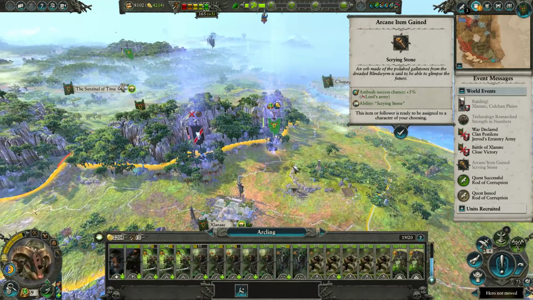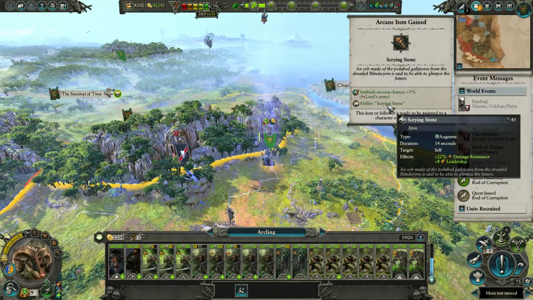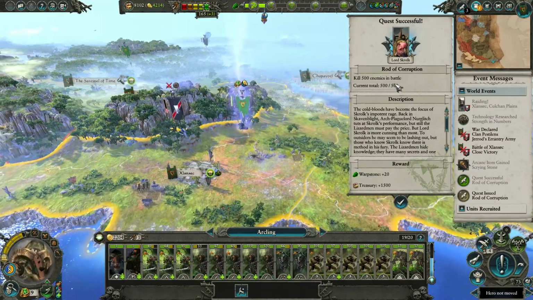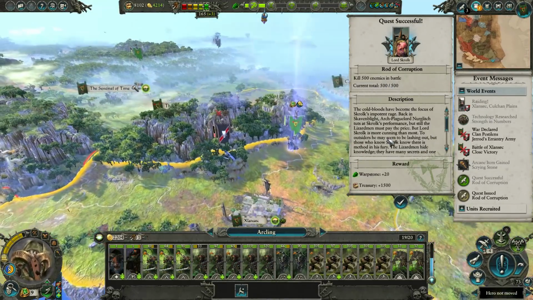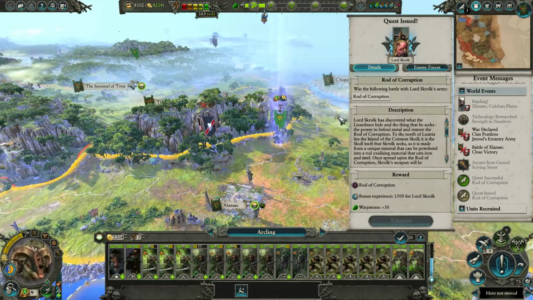Well, that's irritating. Got myself a scrying stone. Damage resistance, leadership up. That's pretty darn good. I like that. And I've also picked up 500 enemies killed in battle. That was a little mission there. So that's just warpstone and treasury. We're definitely doing okay on that front. And now we've got...